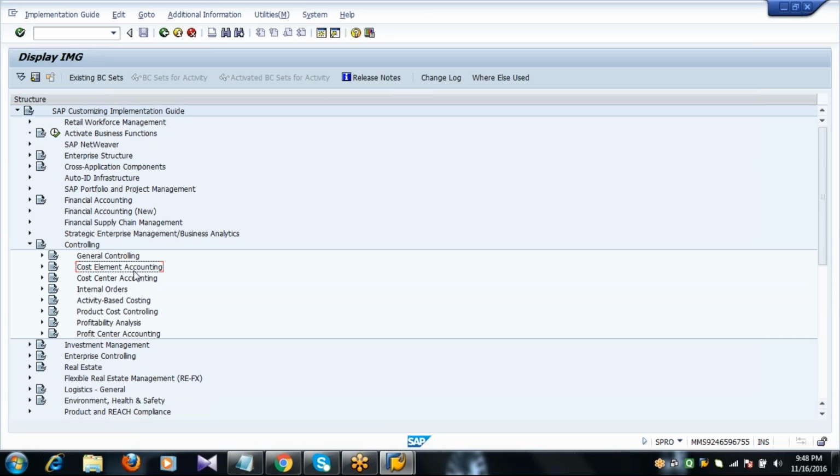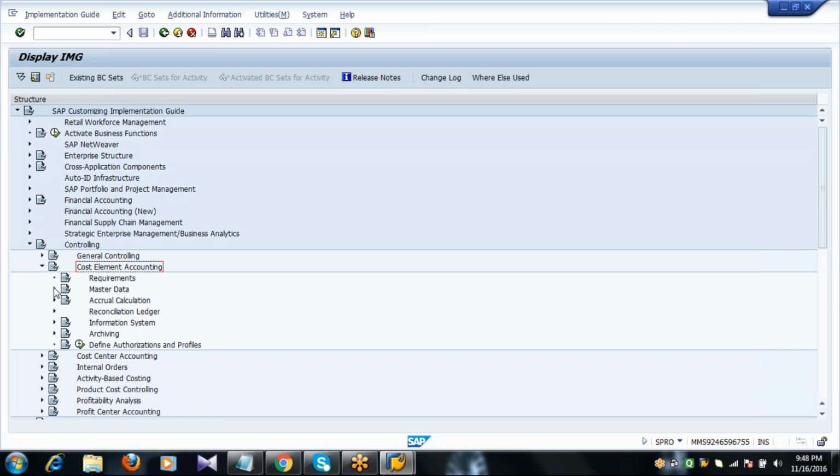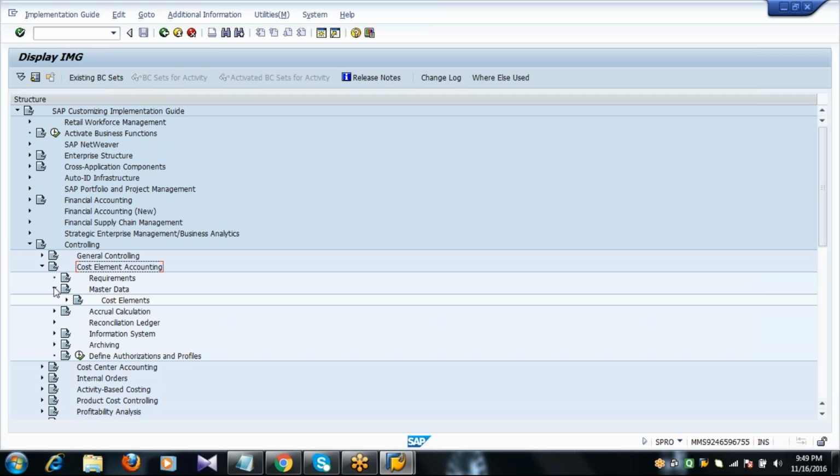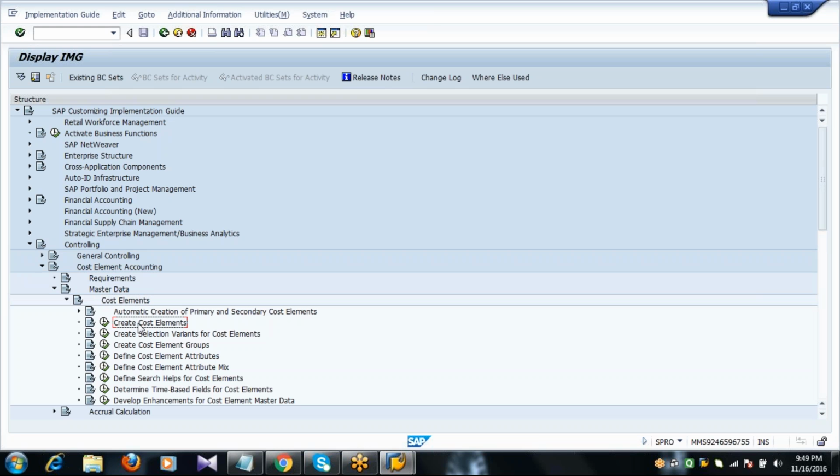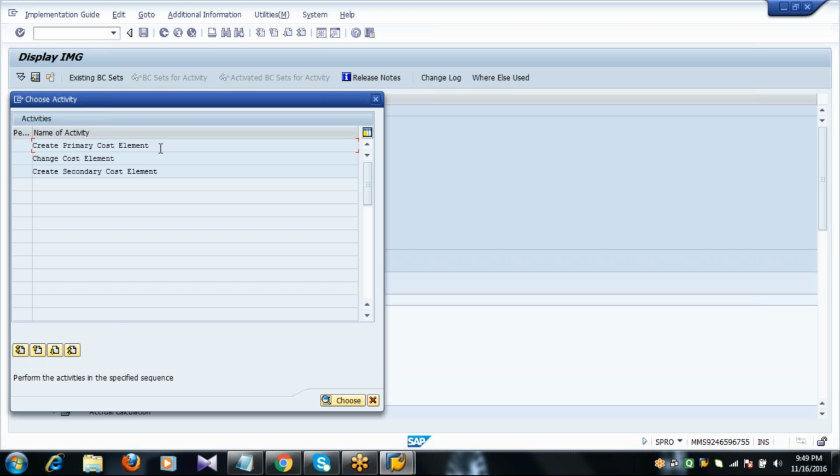The path is SPRO, IMG, Controlling, Cost Element Accounting, Master Data, Cost Elements, Create Cost Elements, then again Create Primary Cost Element.